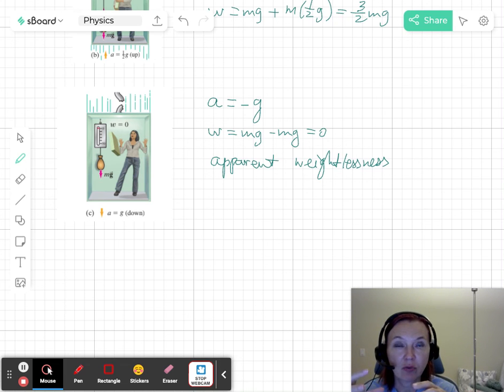However, if a spacecraft was out in outer space, away from celestial bodies, away from Earth and Moon and Sun and other attracting bodies, then in that case the force of gravity would be very, very tiny. Remember, the force is inversely proportional to r squared. So the bigger the distance away from those celestial bodies, the smaller the force. So in that case, the person in this spacecraft would experience what we call real weightlessness.